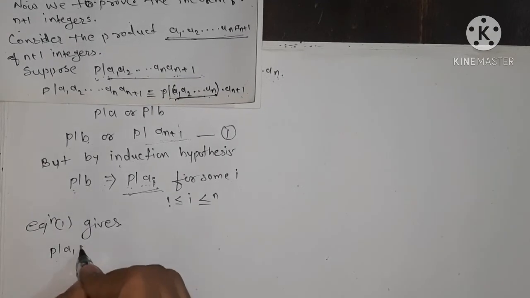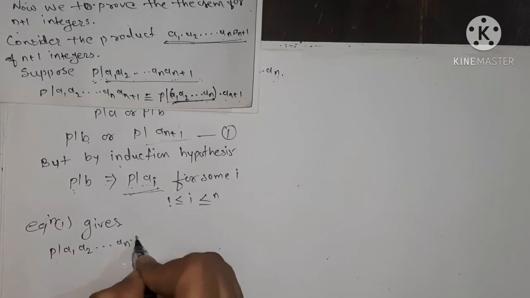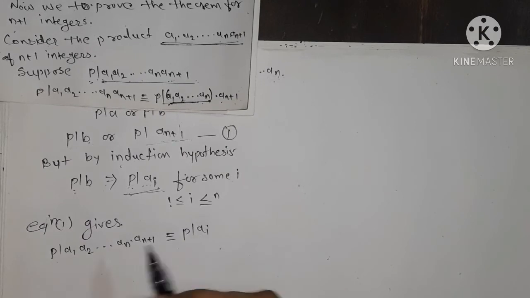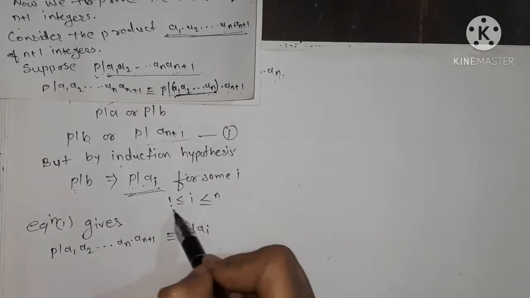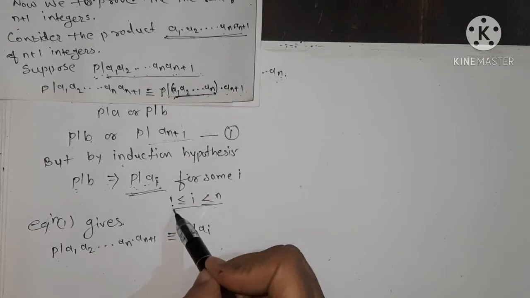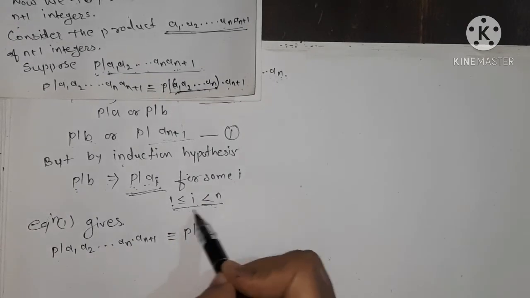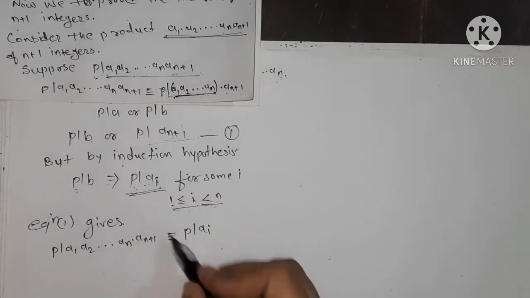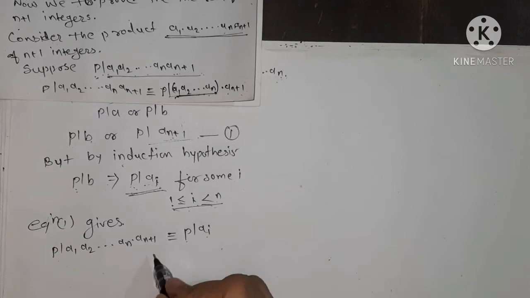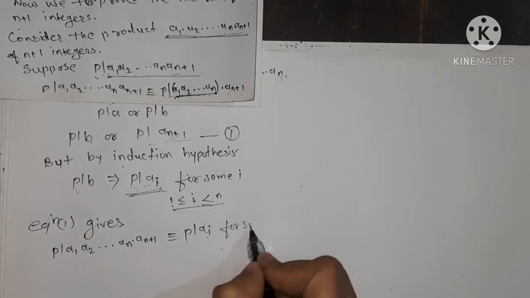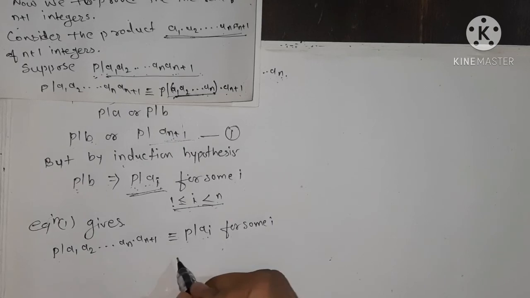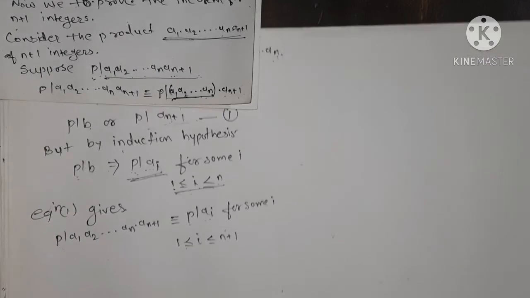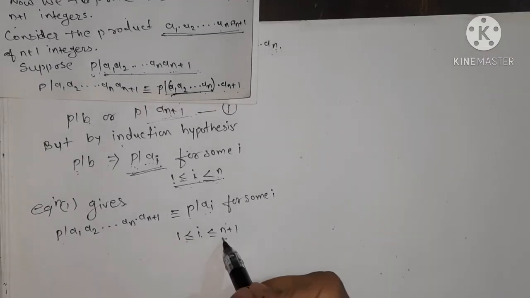p divides a1, a2 up to an into a_{n+1} is equivalent to p divides ai, right? Because from this, i is up to n, and this is n plus 1. So combining these two conditions, we have p divides ai for some i, that is, at least one ai, where i is running from 1 to n plus 1. So the theorem is true for